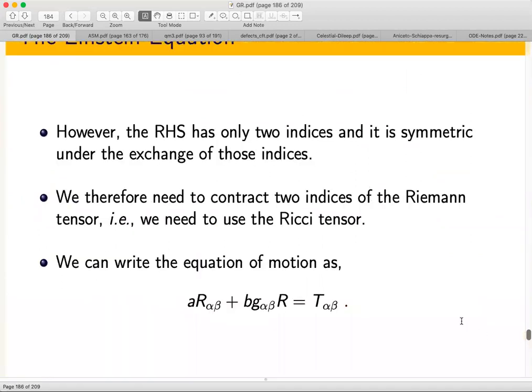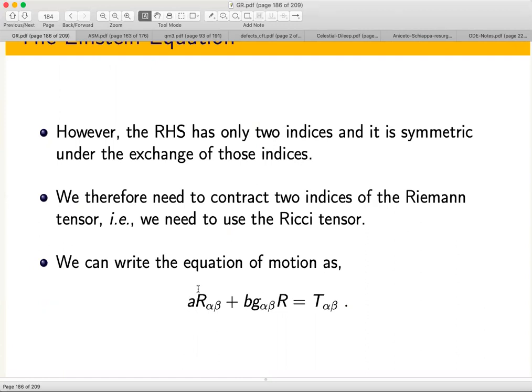So here we go. We are left with the choice, which is that you write down R alpha beta with some number, plus some other number times g alpha beta times R. Now, of course, you could have said I could just write down g alpha beta and not R. Well, you could have done that also, but we know that the left-hand side